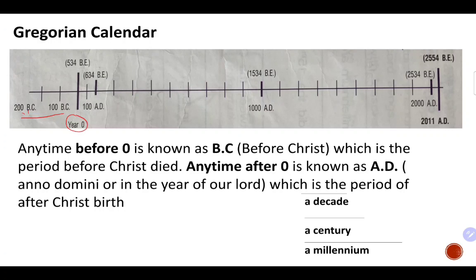Anytime after 0, like 100, 1000, 2000 AD, is known as Anno Domini, the year of our Lord, which is the period after Christ's birth. Okay? So next, let's have the chart of